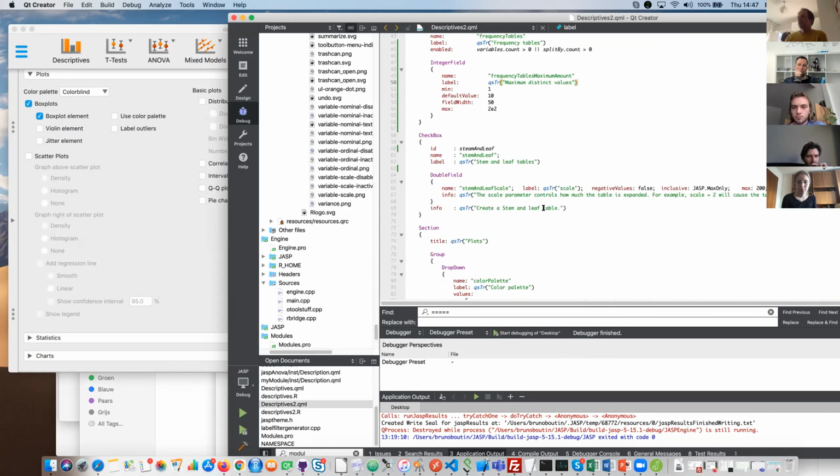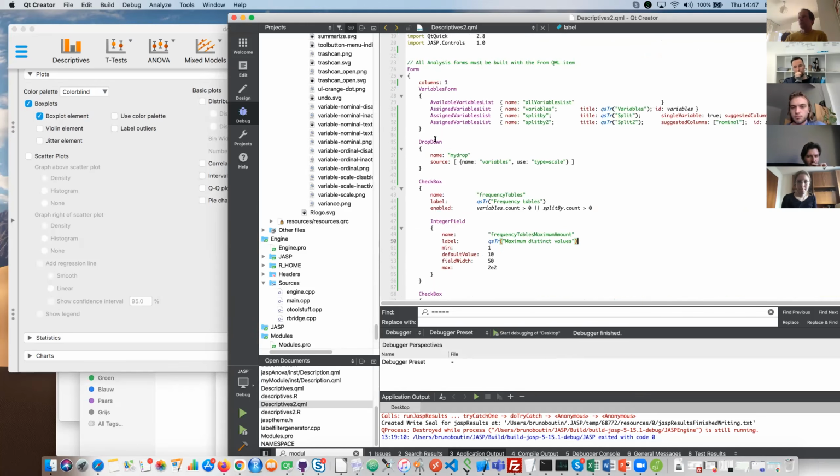So here you don't see what is behind this dropdown, what is behind this variables form. What happens sometimes, in fact very often, is that you build several analyses, but these analyses use roughly the same part of these options. For example,